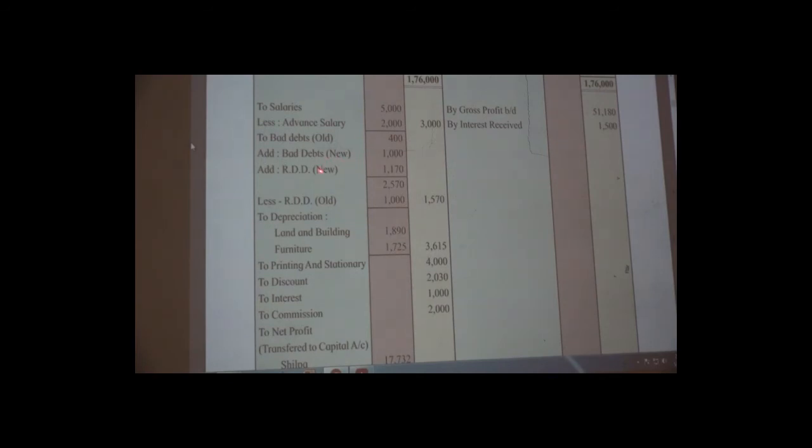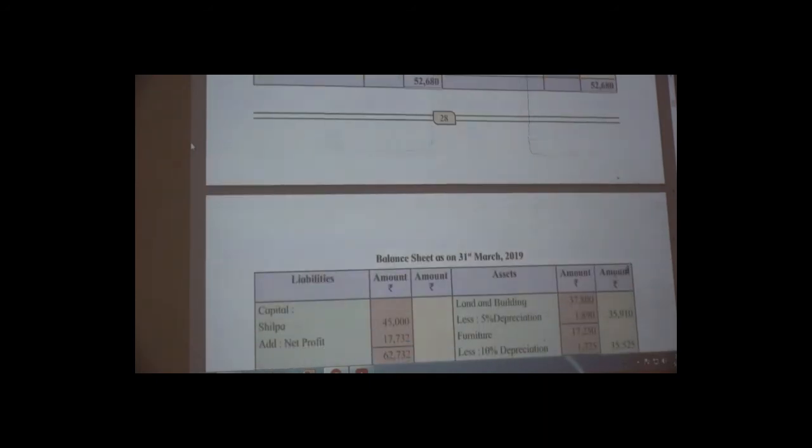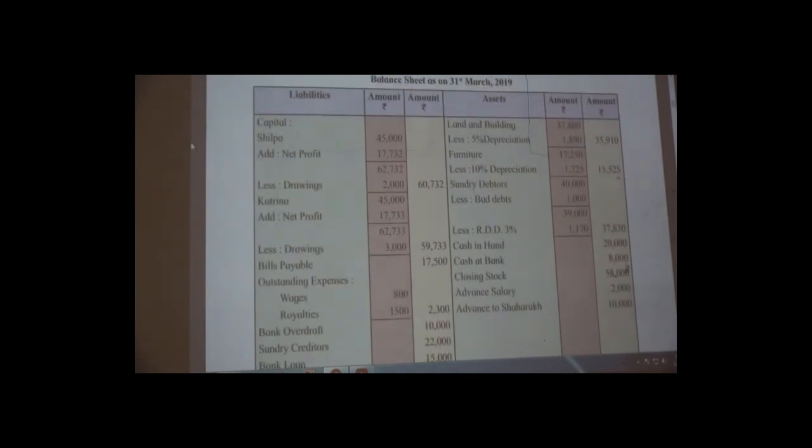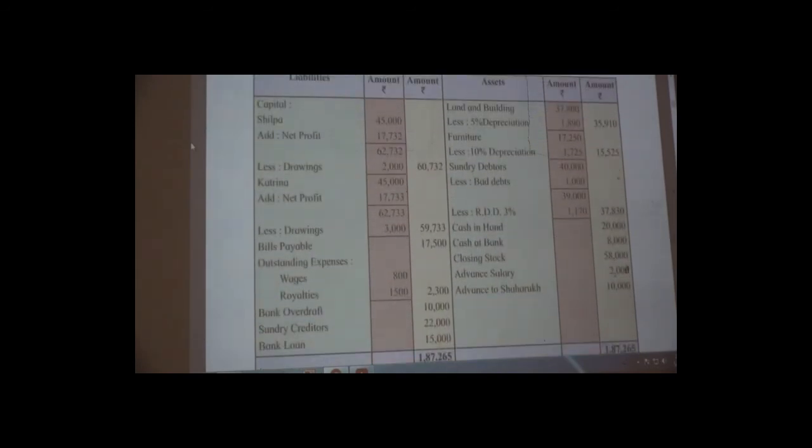Okay, now see the last adjustment: depreciate land and building by 5% and furniture by 10%. See, this adjustment is related to depreciation on fixed assets. So now we will move towards the balance sheet because our assets are recorded here. So our first asset is land and building. Now see, at land and building there is the depreciation. What is the percentage? Yeah, 5%. So how to calculate? All of you know, we have learned this calculation of depreciation in 11th standard. Yeah, the same process we will have to follow.